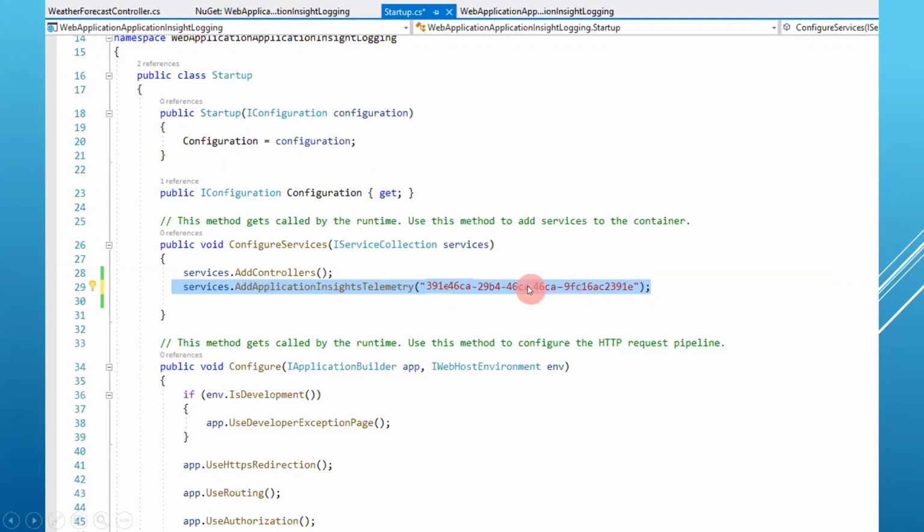So now we have installed the NuGet package. We have added application insights telemetry. Now I have to use it and log something in application insights. So now let's switch to the controller, and in that controller class I will try to log some message and we will see whether it is getting captured or not in application insights.